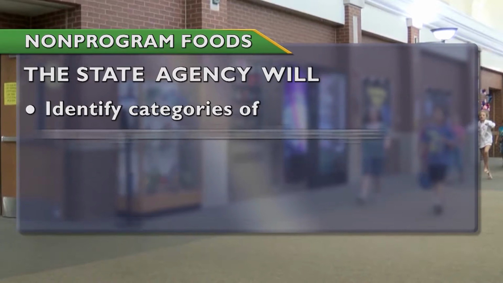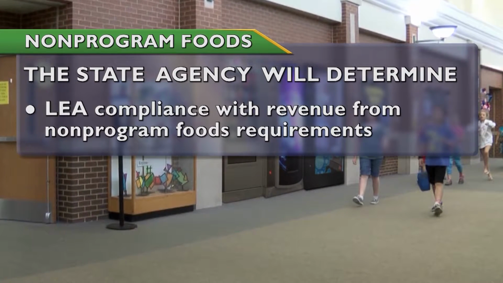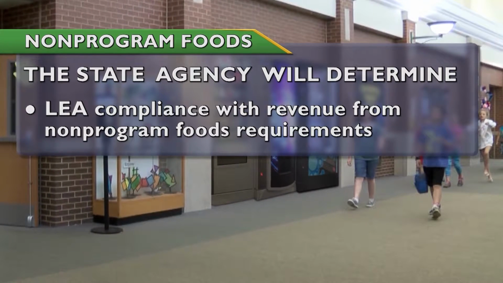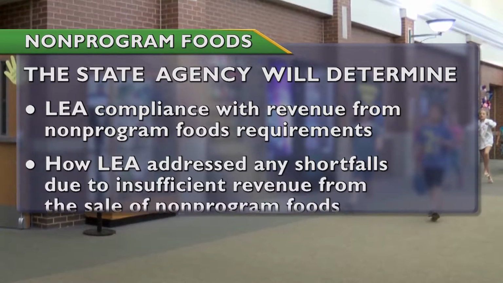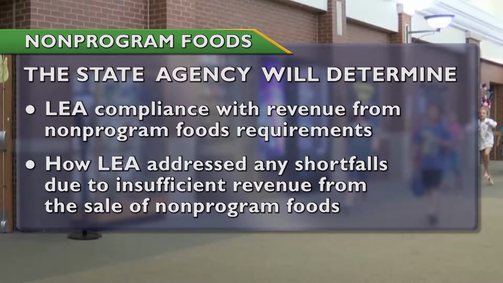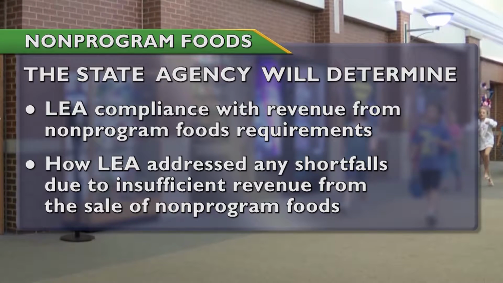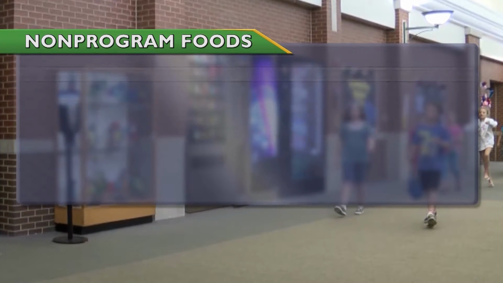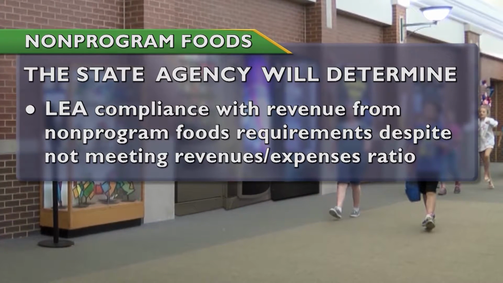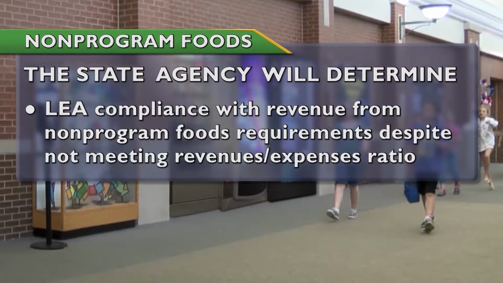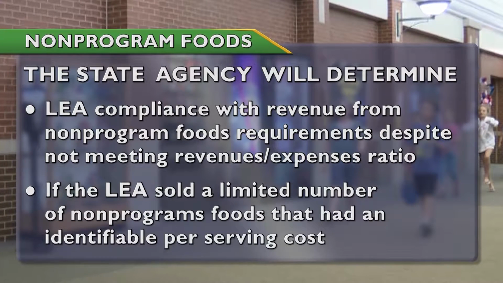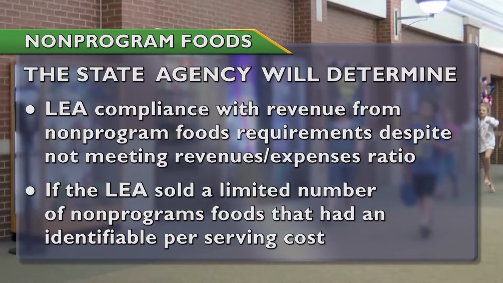The state agency will also determine how the LEA assessed its compliance with the revenue from non-program food requirements, whether and how the LEA adequately addressed any necessary shortfalls due to insufficient revenues generated by the sale of non-program foods. If the LEA is in compliance with the revenue from non-program foods requirements despite not meeting the non-program food revenues to expense ratio, and if the LEA only sold a limited number of non-program foods, such as milk that had